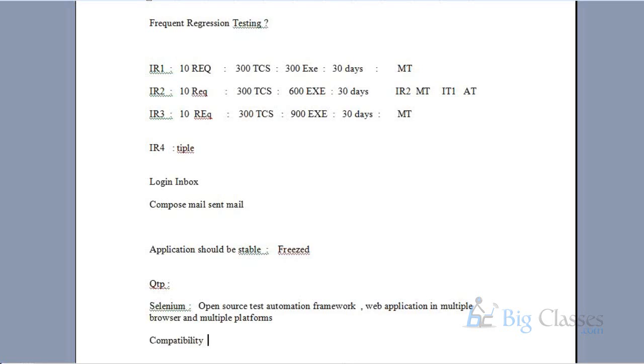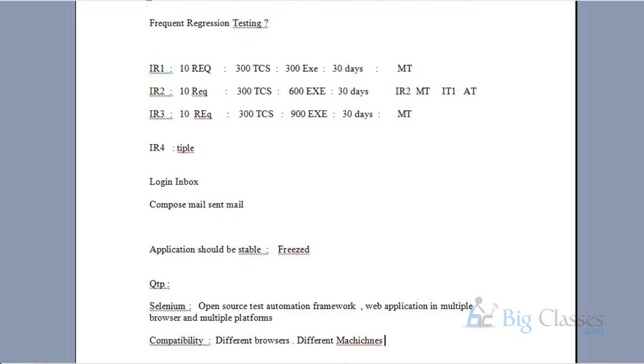Compatibility testing is nothing but executing test cases in different browsers and different machines. Machines in the sense, I'm saying directly, Linux box, Unix box, Mac box, all these are different machines.